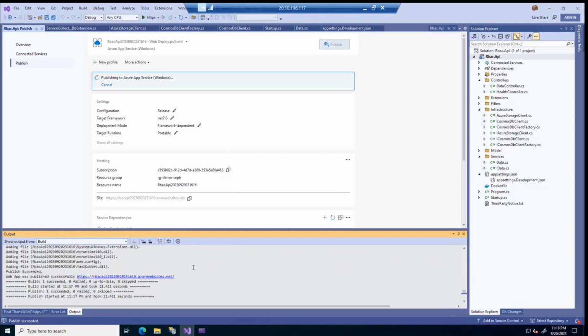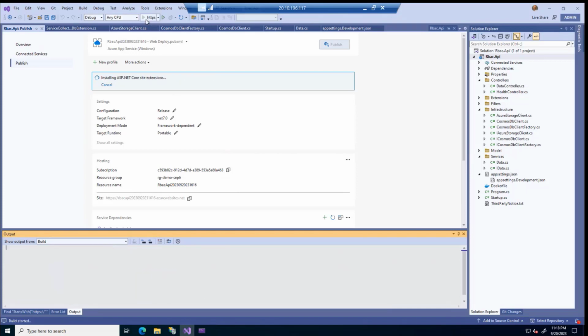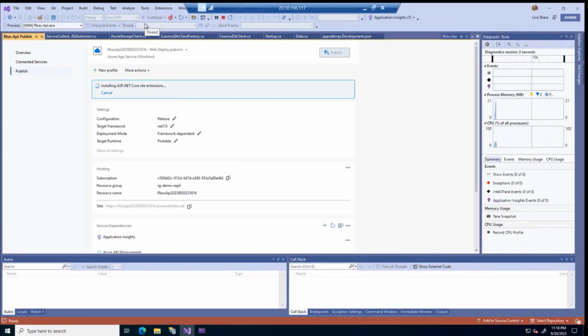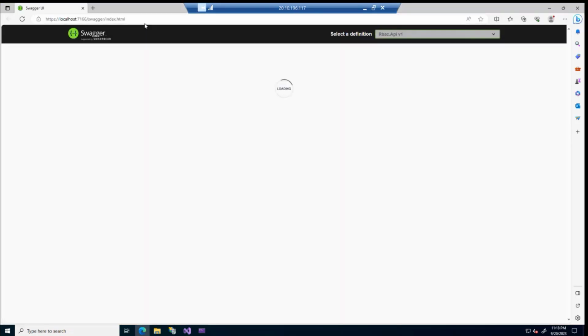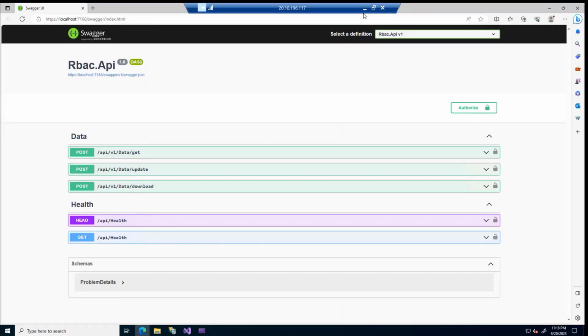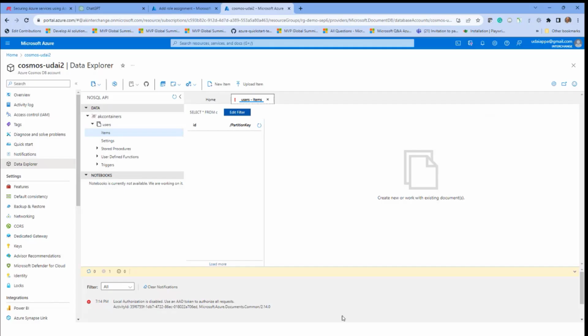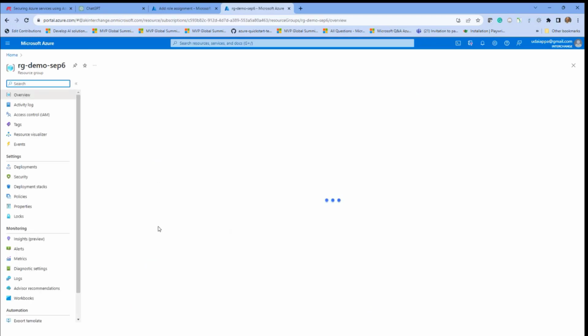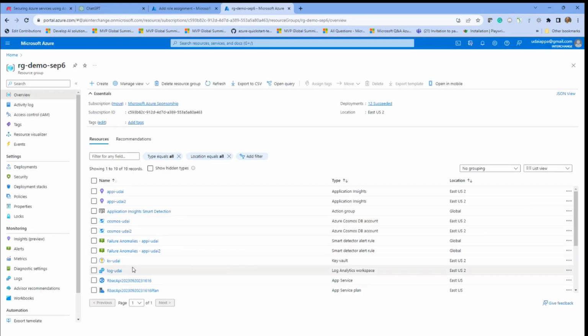This code will work on Linux too. Okay, now let's run. What is the URL? Capture the URL here. Okay, so that's Swagger, right? So let's go back to the portal. So this is our resource group. And then where is the app?